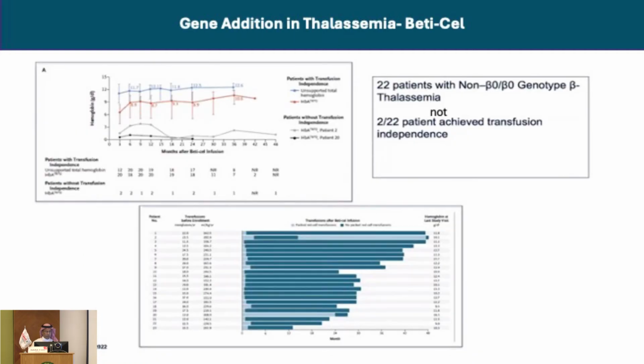This is a study that was done by Locatelli and was released on 22 patients with non-transfusion-dependent beta thalassemia and 2 patients who have severe transfusion-dependent disease. As you can see, the contribution of the gene has been significant, as the total hemoglobin was 12.6, and the contribution of the inserted modified gene is 10.6. And as you can see on follow-up, this blue bar indicates that they are transfusion-free. 2 patients, unfortunately, did not do well, and these happen to be the severe transfusion-dependent type.